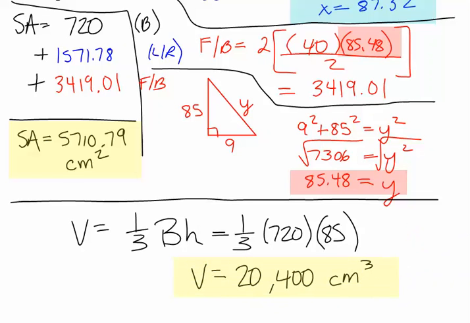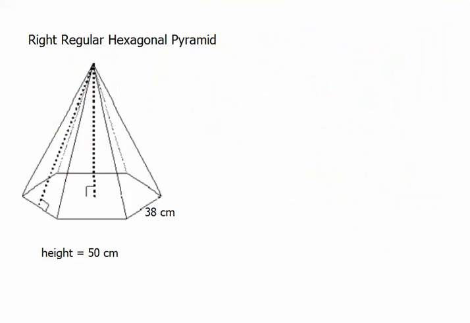We have one more pyramid we will consider. What happens when the base is a regular polygon? So in this case, the base is a regular hexagon. The word right, meaning it's a right regular hexagon, means that the center of the base is directly below the